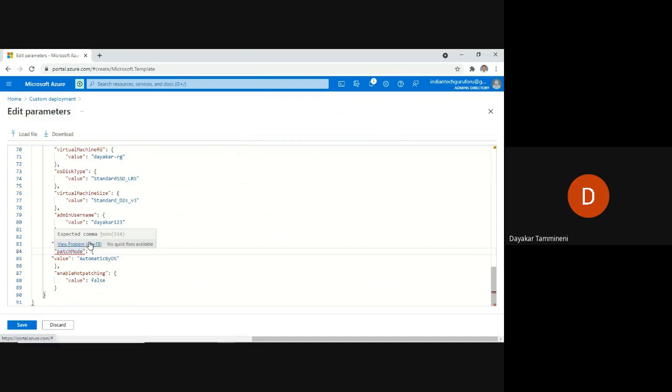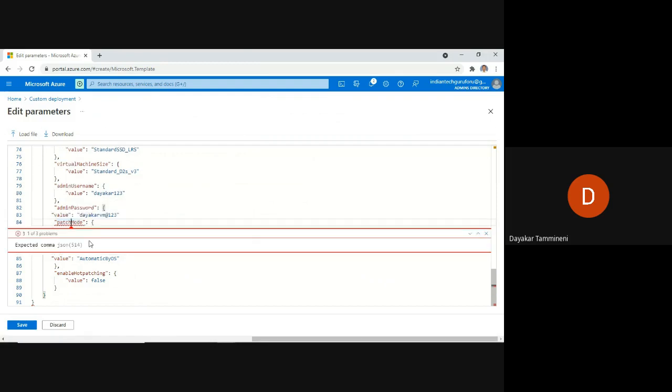Actually, it is showing some error. Alt F8. Expected comma. JSON 514.